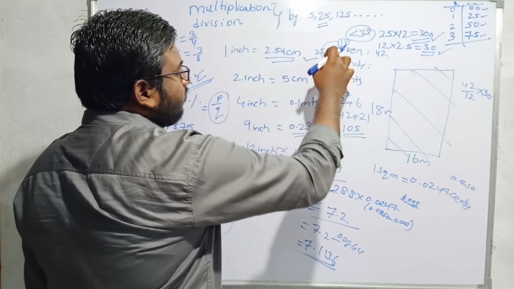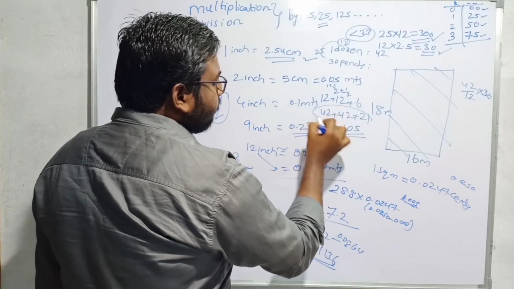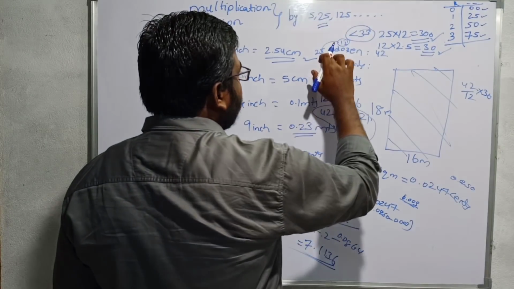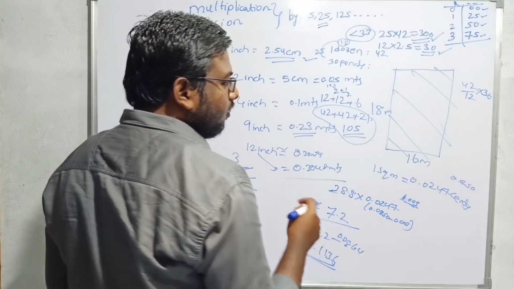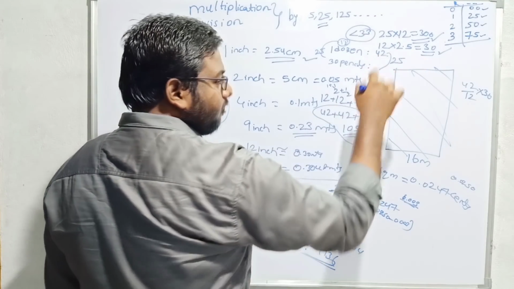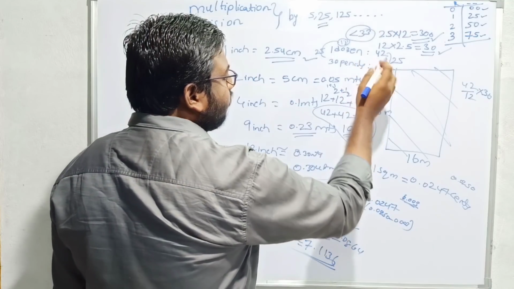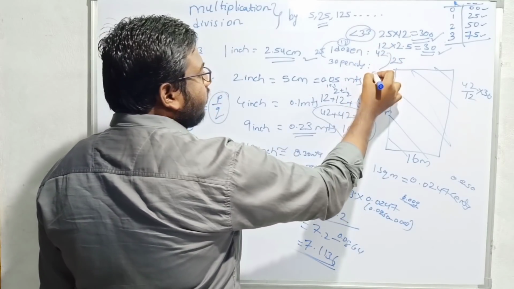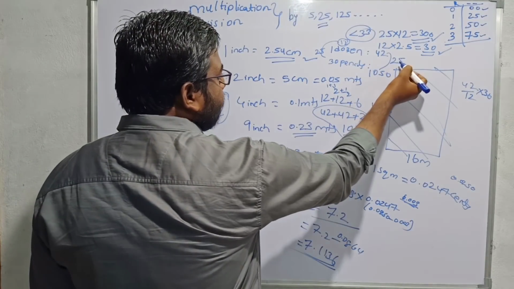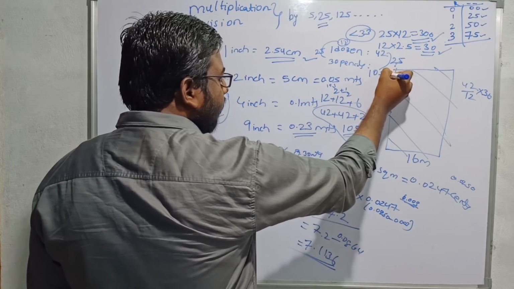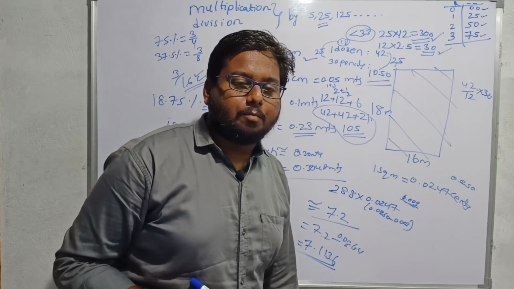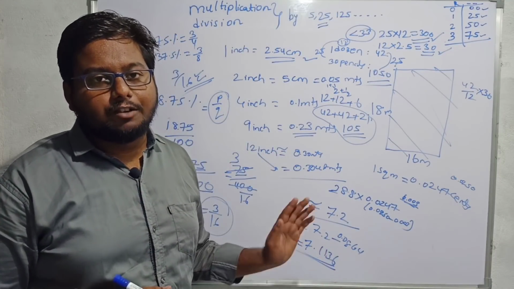So this is what general people use to calculate: 1 dozen plus half dozen. If I want to calculate this directly in our method, after knowing the multiplication trick of 25, I will clearly multiply this with 25, and afterwards I will adjust for 2.5. If I divide this by 4, I will get 1050, because 2 is the remainder now. So I will keep the point before one digit, so 105.0. I can write this clearly. So these are some applications of multiplication with 25 and division with 25.